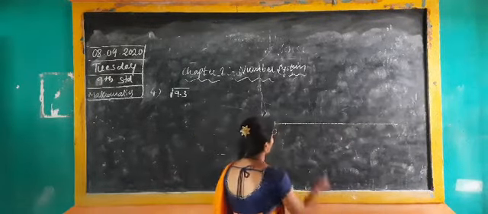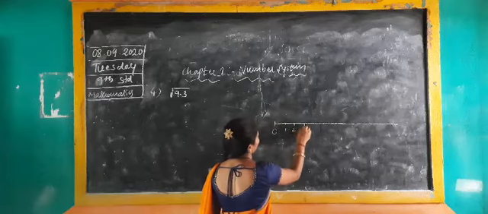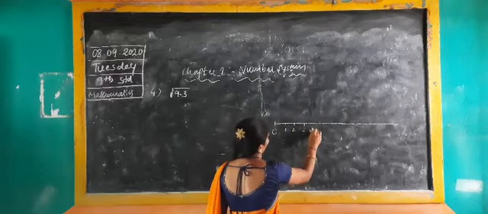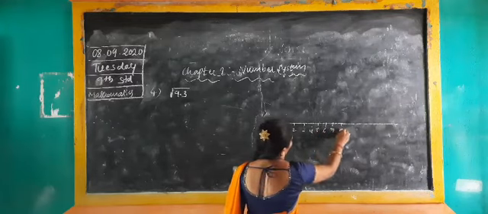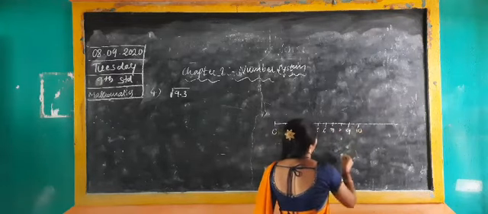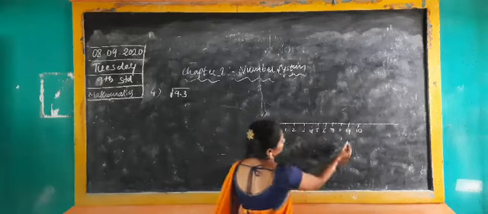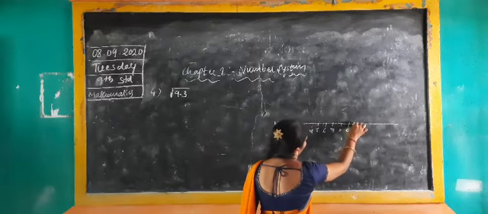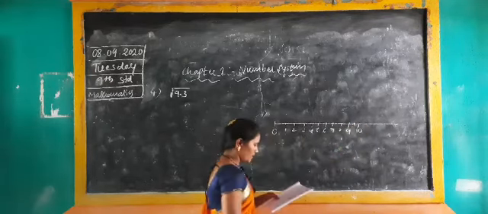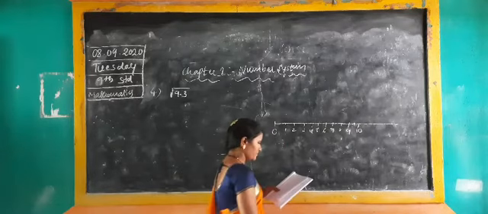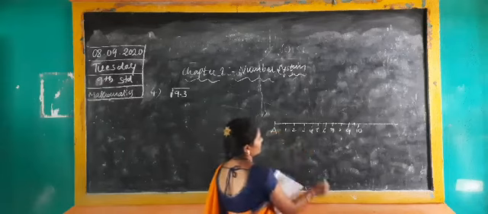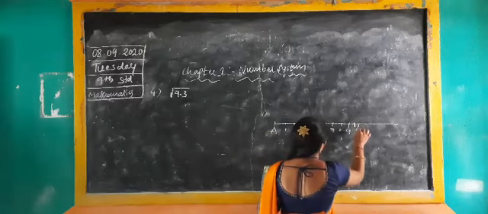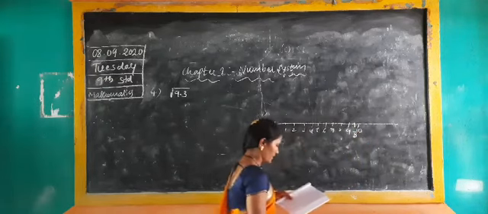They said 9.3. Here take 1 unit, 3, 4, 5, 6 in your scale. You should take 1 unit. Means here, see, 9 and after that 3 points. Up to 9.3 you should take. And for this you should keep A, and up to this point it should be B.